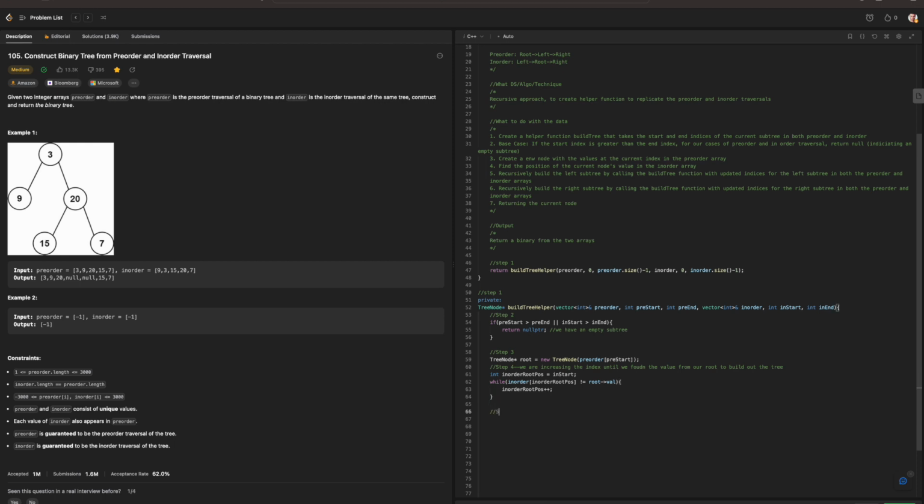Now for step 5, we're going to recursively build the left subtree. So root dot left equals build tree helper, where we will have our parameters accordingly. Preorder, pre-start, except we're going to have pre-start plus 1, indicating the rest of the parameters that we would have. Since we are dealing with preorder, then we will have